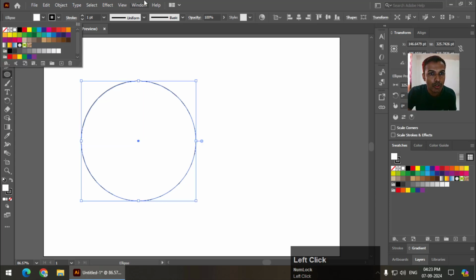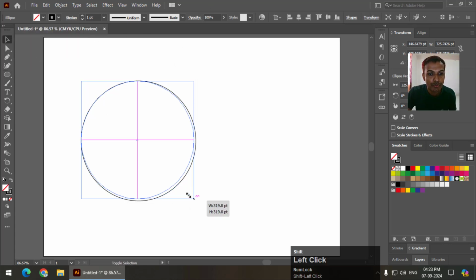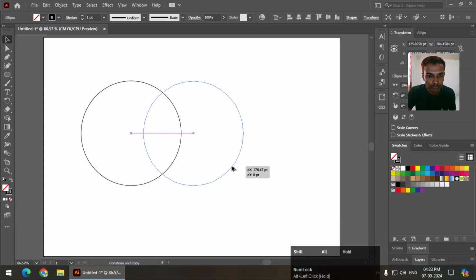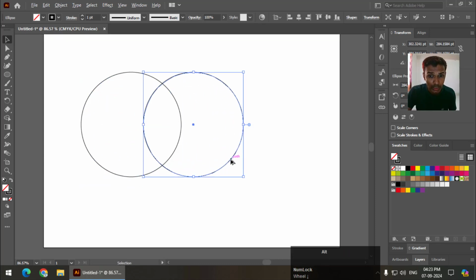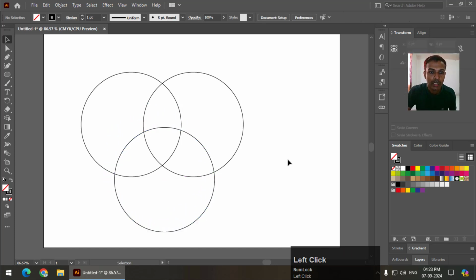So I'm going to draw some objects. I will turn off the fill color. I will copy this using the Alt key or the Option key. I will make one more copy. So like this. Now, what people often do without realizing, they only select, let's say I want to use all